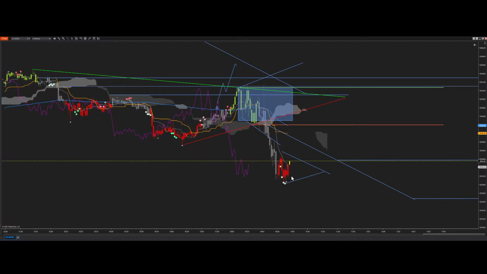We're right at the Tenkan-sen. And all we're really promised with the KISS dots is, well, not promised, but all we're really looking for is a touch at the Tenkan-sen. So this may be a little iffy trade here. That Tenkan-sen is dynamic support and resistance. I'll give it a little bit of the room required. If it does work out, I expect it to possibly go back to a